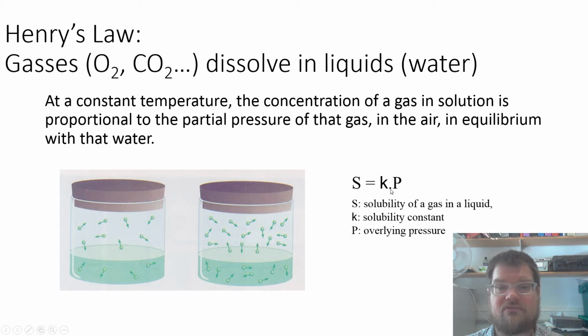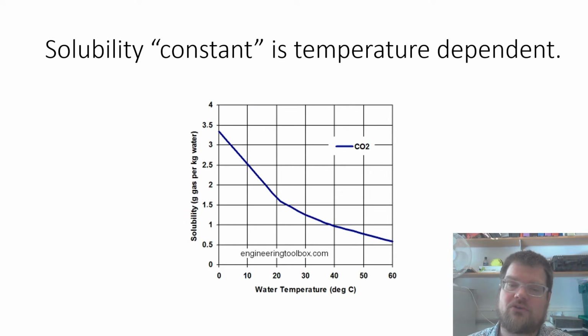So this relationship between the pressure of the gas and the concentration in the solution is related by this solubility constant. If we increase the concentration in the gas above, the concentration that is dissolved in the water will correspondingly increase. Now, unfortunately, this terminology of a solubility constant is a little bit unfortunate, because the solubility constant is not, of course, a constant. It varies with environmental conditions, and we'll see it varies with salinity, but most importantly I think it varies with temperature. So you can see here that as temperature increases, the amount of gas that we can dissolve in any liquid, proportional to its concentration in the atmosphere above,